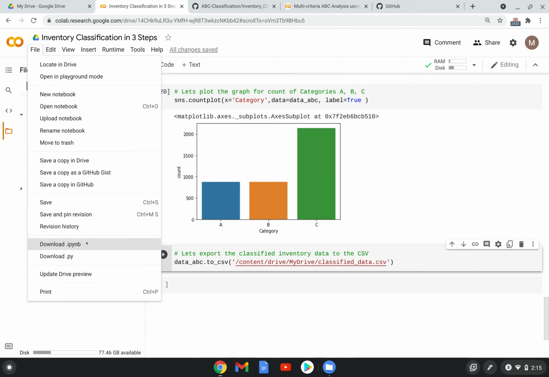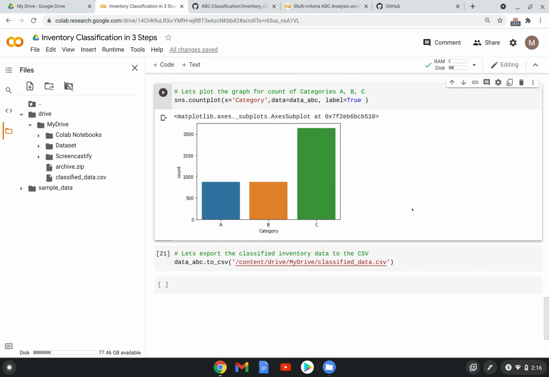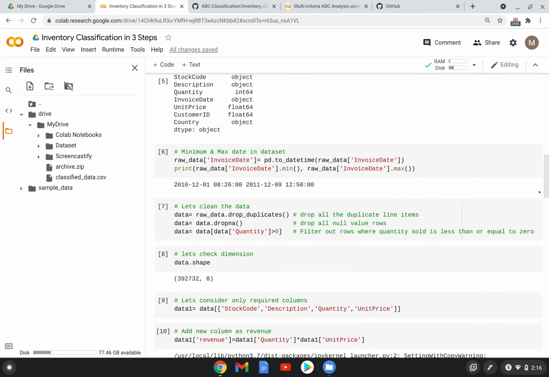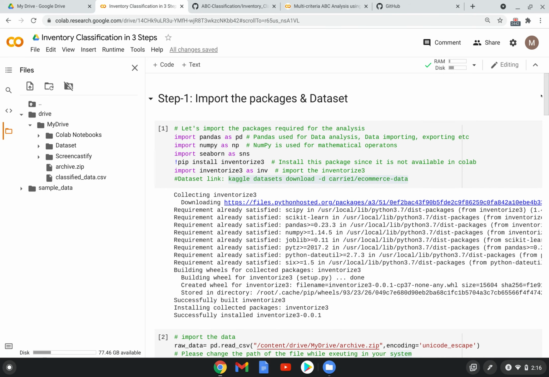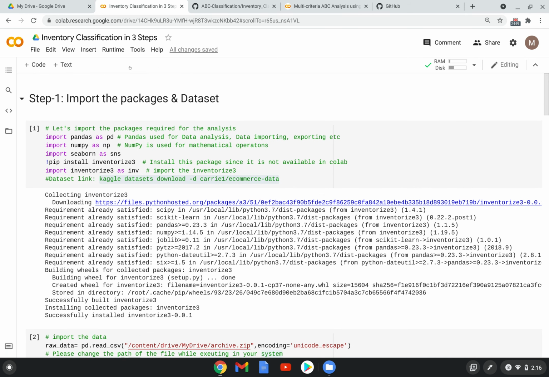When you save this file as an IPYNB file, or in Python format, you can open this code again from Jupyter Notebook or Spyder or any Python IDE, and then you can replicate this for your analysis by changing the data set, and it will be very easy, guys.